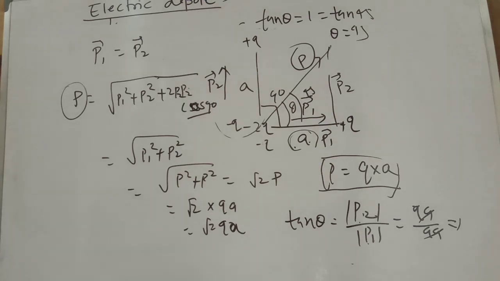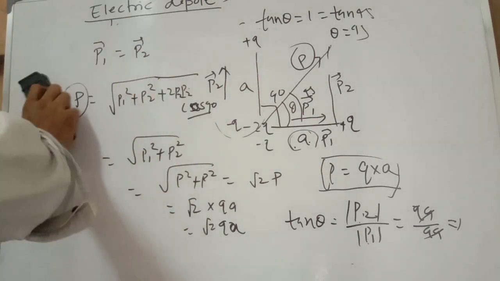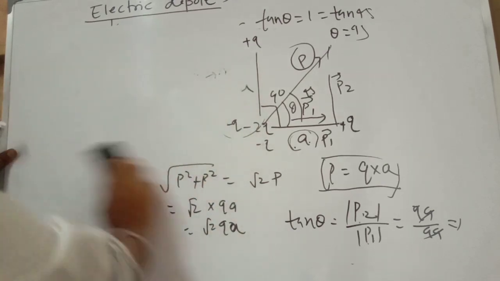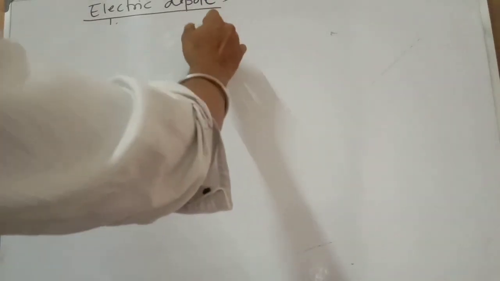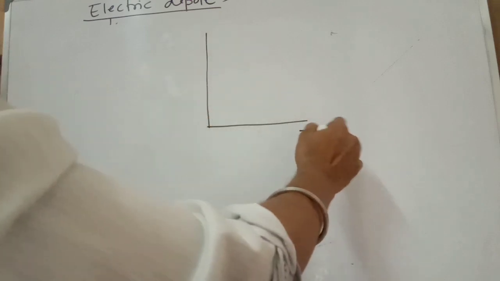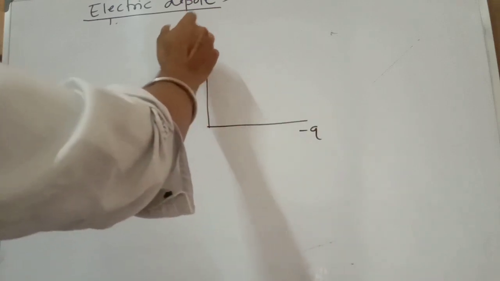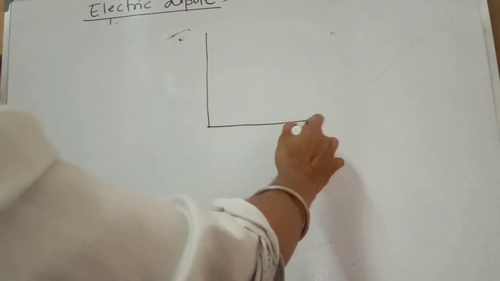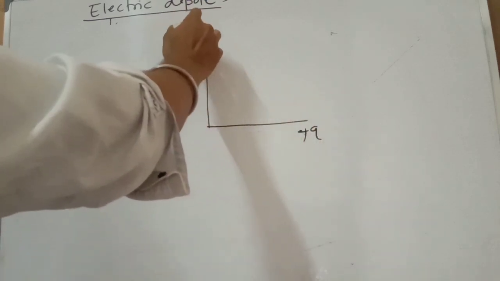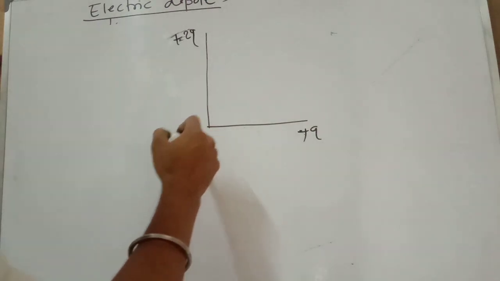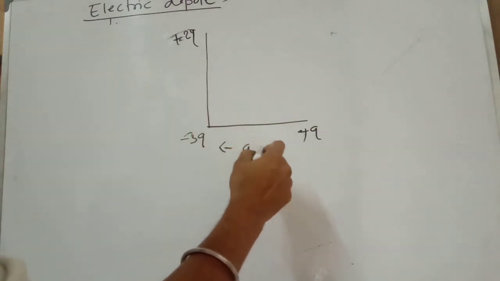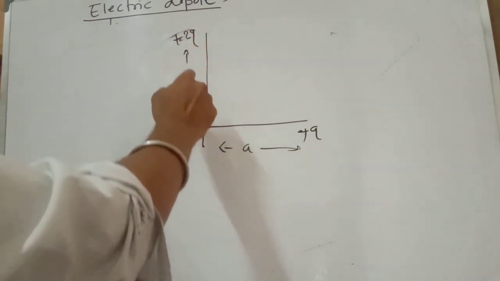Okay. So now another sum on the basis of the electric dipole. Same sum, but the charges are different. Let it be minus q. Let it be minus 2q. So let me consider here plus q. Let me here consider plus 2q. Okay, now we consider here the minus 3q charge, and their distance is a, a very small distance.